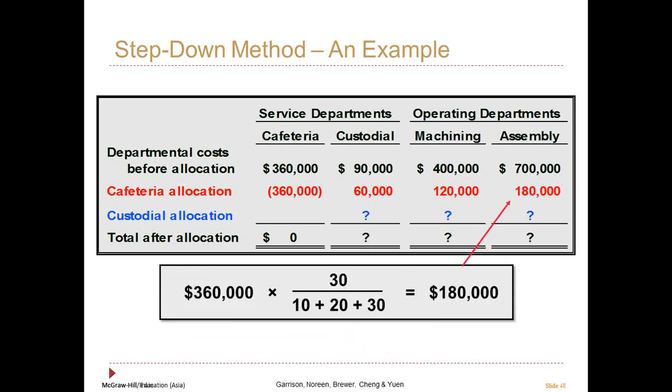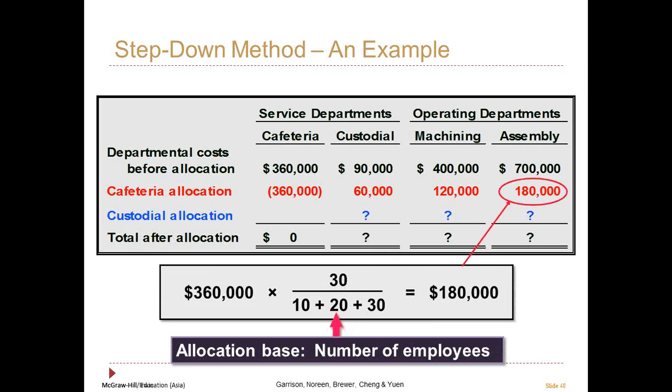Next, let's allocate cafeteria costs to assembly. The allocation percentage is calculated by dividing the number of employees in a department by the total number of employees in the allocation base. For assembly, the allocation percentage is 50%, obtained by dividing 30 employees by 60 employees. Next, we multiply the allocation percentage times the service department costs. To allocate cafeteria costs to assembly, we multiply 50% times